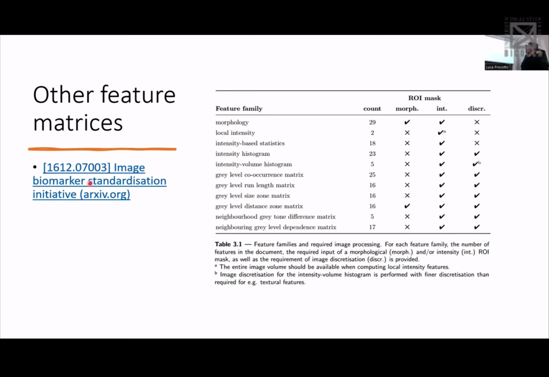So there was a standardization initiative. We're talking about 2021, 2022, not when this was introduced in medicine, when deep learning was already going much faster. Probably they started earlier, 2018 or so. They said, okay, this is going a mess because we have many matrices, the co-occurrence and all these other ones, and many others that each one can define in multiple ways, depending if you take the pixel on the right, on the left, only the cross or also the diagonal, and